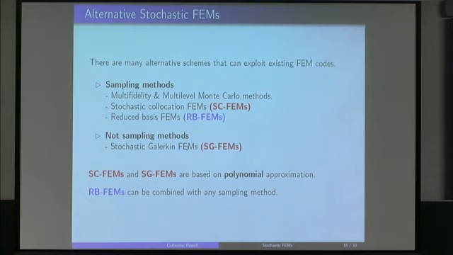I am by no means an expert on probably any of these things, but this is just kind of giving you a sort of overview. One thing that we've learned over the last few weeks is language is very important. And one method that's known by one name in one community is known by another name in another community. So, in the applied math community, these are the kinds of labels and language that we use. So if you're looking up papers and things like that, these are the keywords to look for.